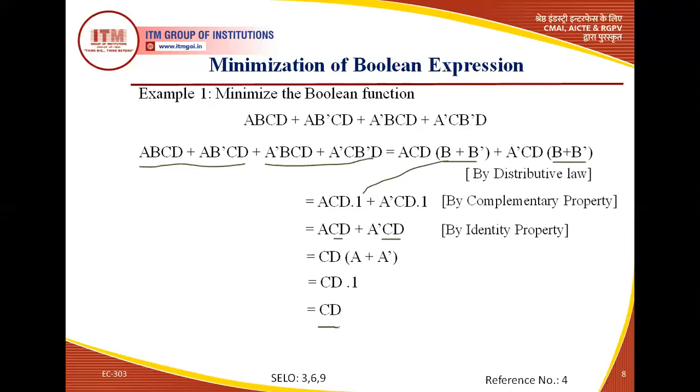So if we minimize the given Boolean function, it will give CD. Okay. So if we realize both the functions, then in case of the first function, we use four AND gates and 1 OR gate. But for realizing the function CD, we use simply 1 AND gate. So by using a 2-input AND gate, we can realize the same function which is realized by the given Boolean function. So in such a manner, we can minimize any Boolean expression or any Boolean function.